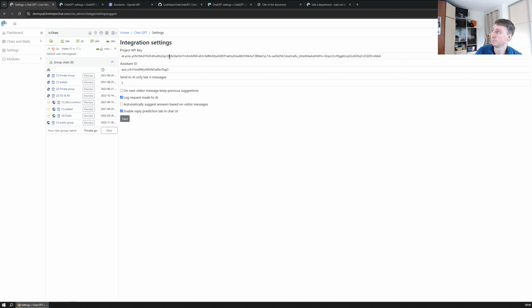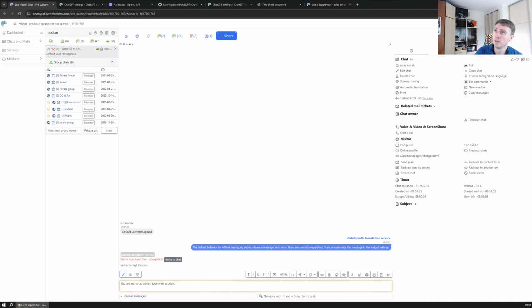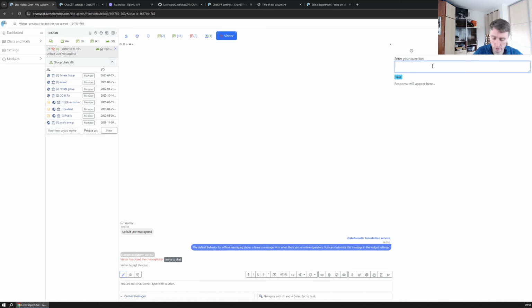Now, I'll change this API key, so don't worry. We have this assistant ID and this project API key which we created. In this scenario, I have checked these two options. This one is just if I want to debug what question was sent to ChatGPT and review it afterwards. Now if I click chat, we have this section for operators. If a customer asks some custom question, and you are having normal chats without any ChatGPT at the front end, just to save resources or money,